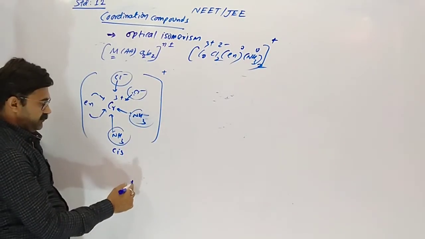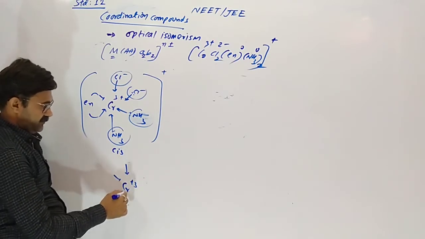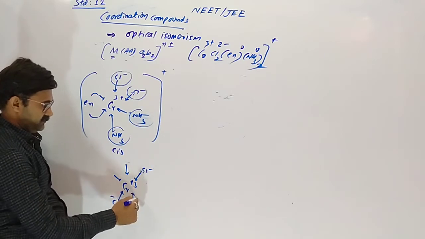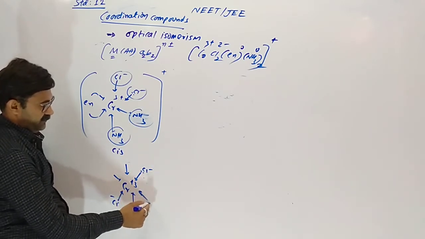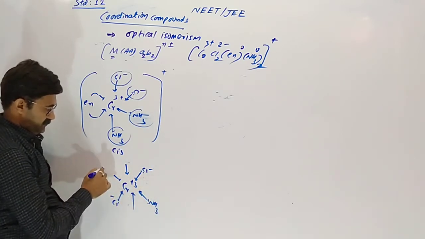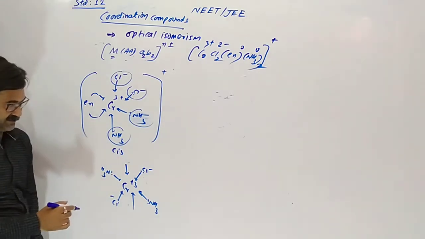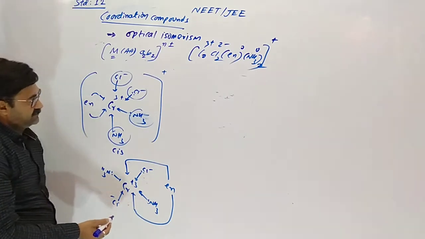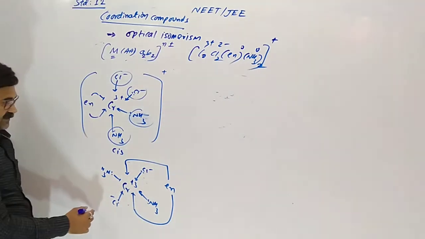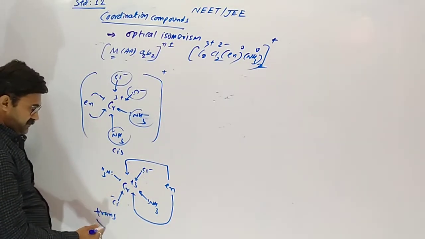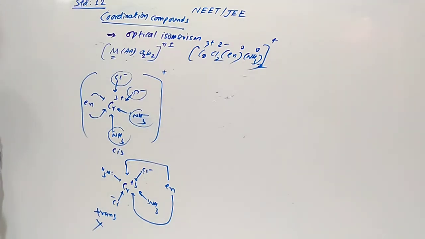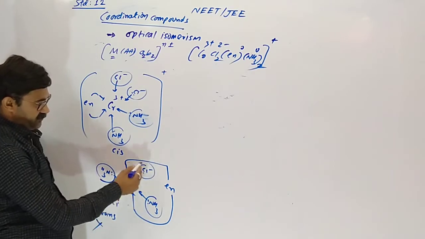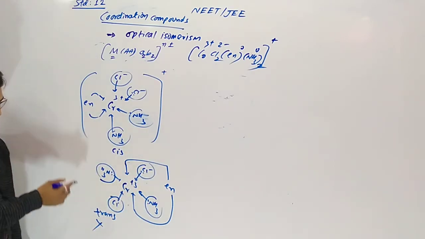So here Cr +3, whenever two same type of ligand, 2 chloride and 2 amines are opposite to each other, and suppose En like this. So this one is trans. So trans is not optically active. Why trans? 2 amine, 2 chloride, En opposite to each other.